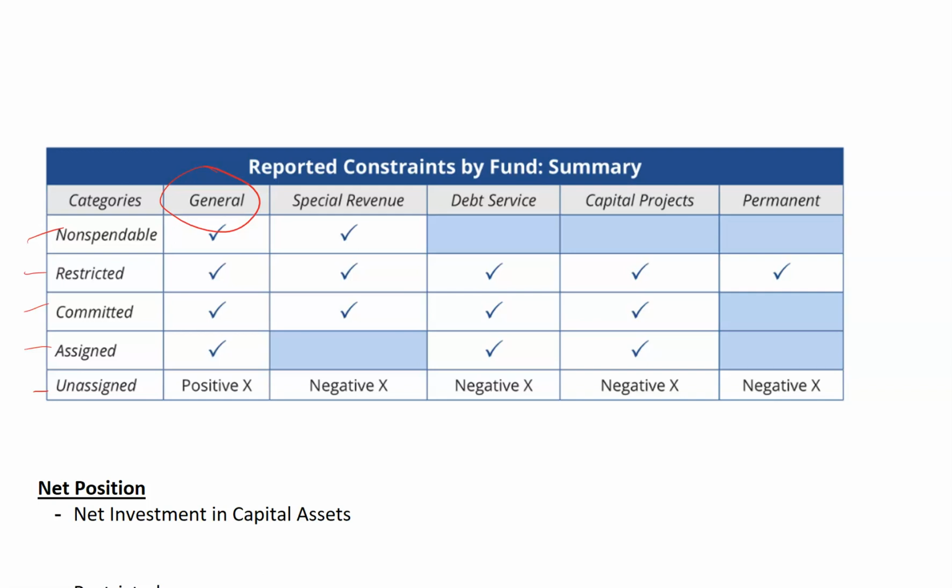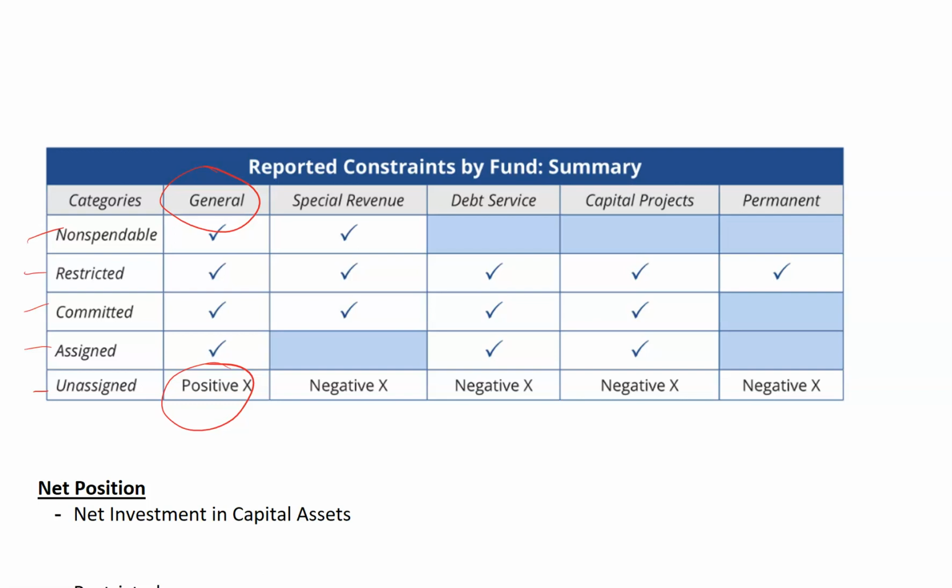And you will always see that the general fund will have some positive unassigned funds, because the general fund gets all those tax revenues, either imposed tax revenues or derived tax revenues, or the general fund can also get some government-mandated revenues or grants or voluntary grants. So usually the general fund will have a huge amount of positive unassigned fund balance,